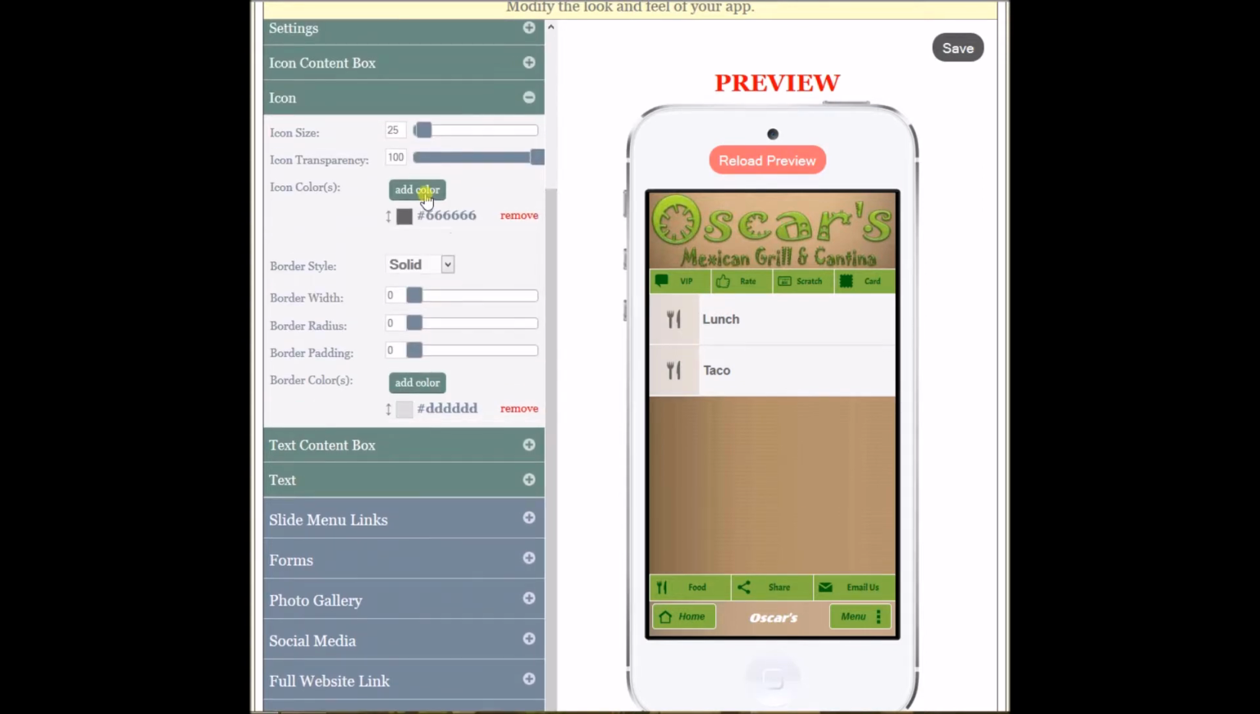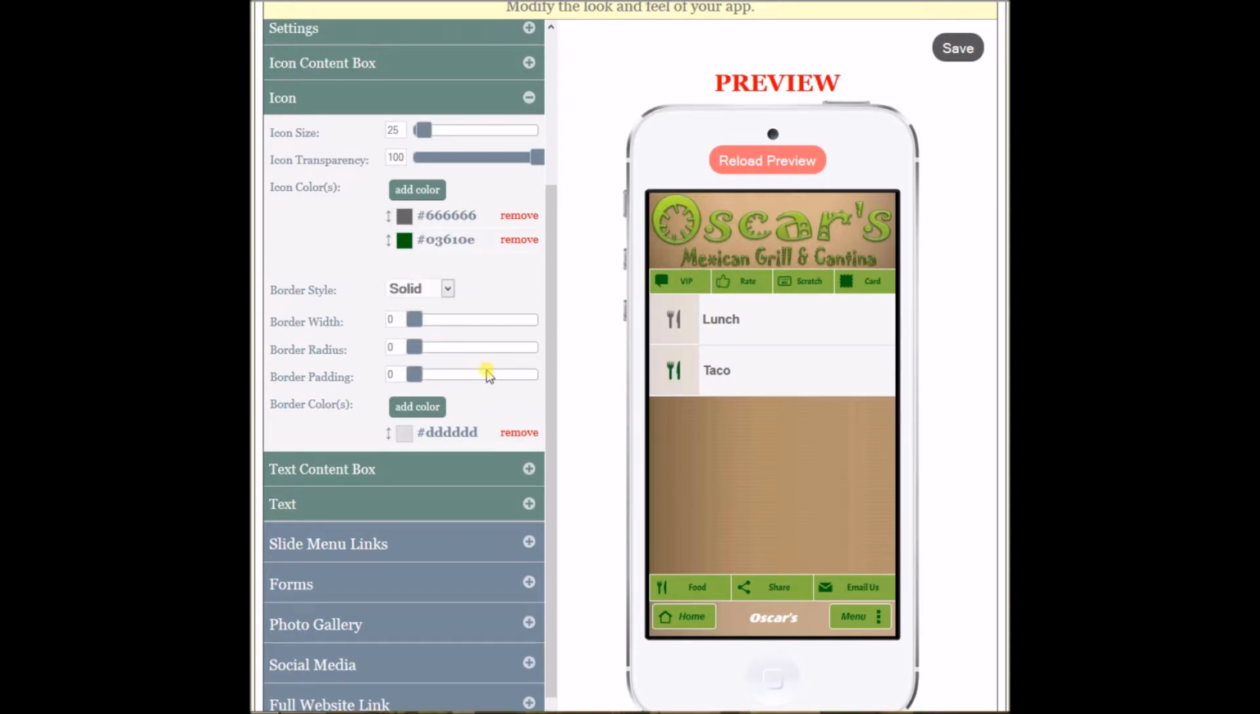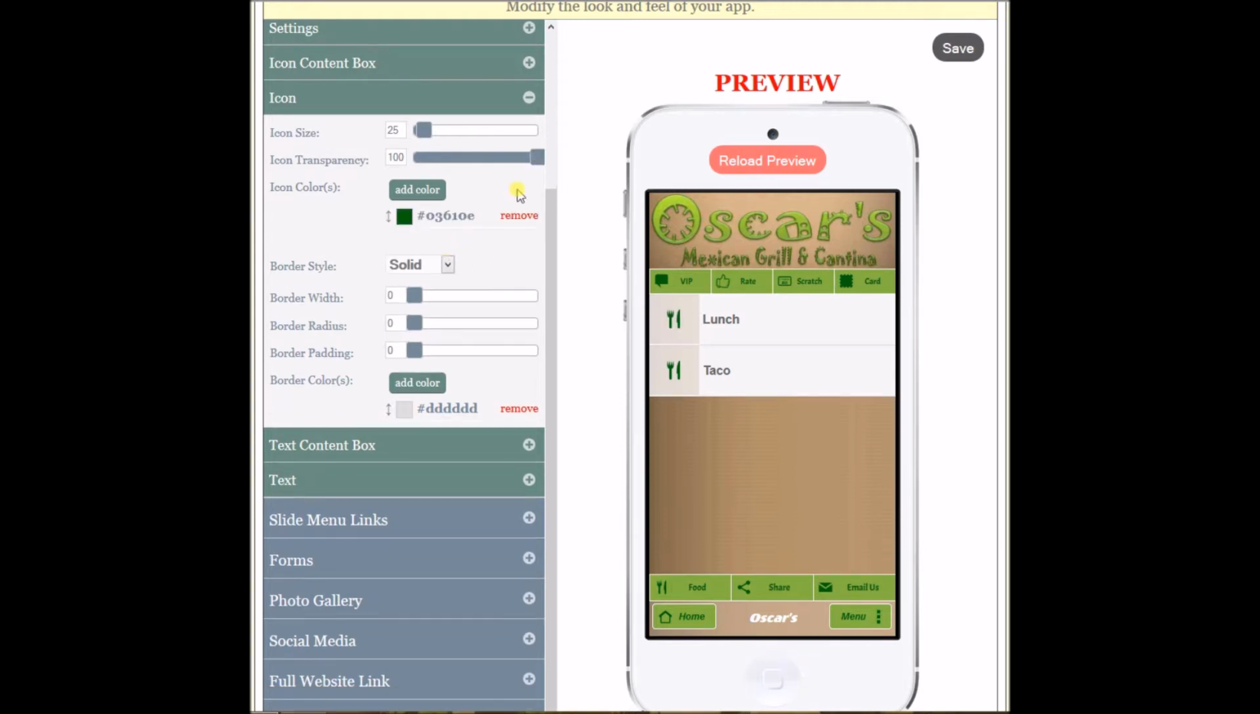And I want to change the icon color to that color. And I want to knock the transparency. Whoop, let me remove that so all the icons are green. There we go. Knock the transparency back to about 50% so it's not so green. And then